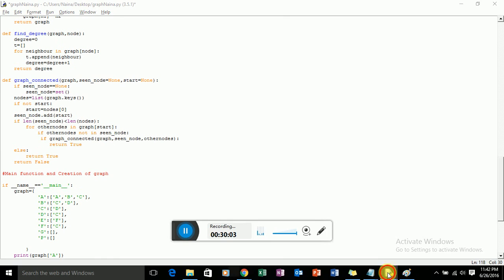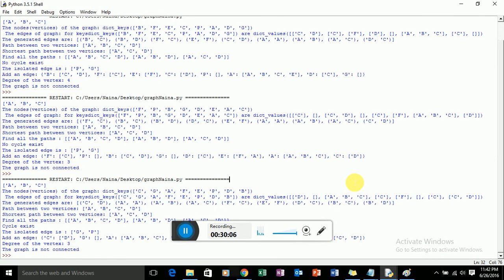If you see the output, you can see add an edge.